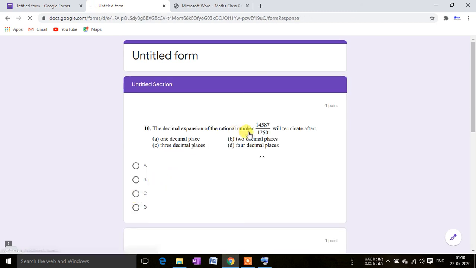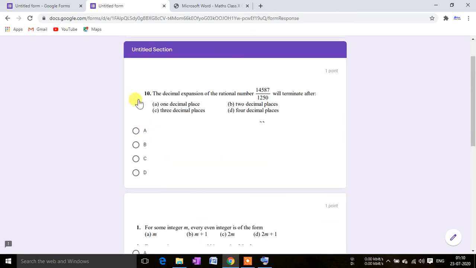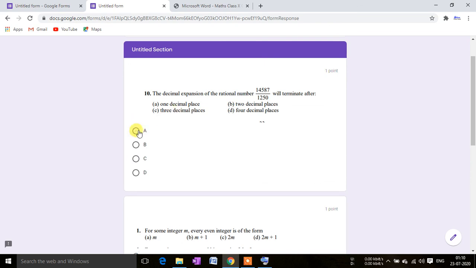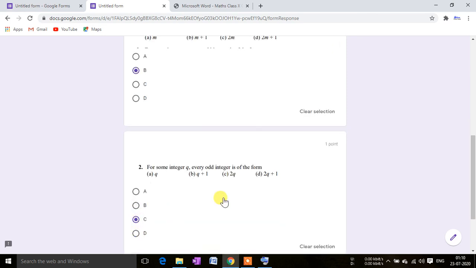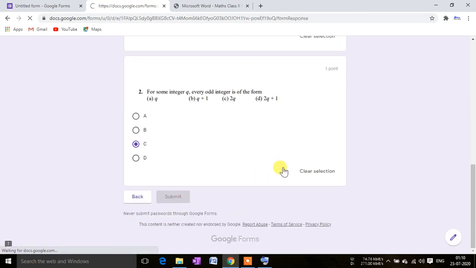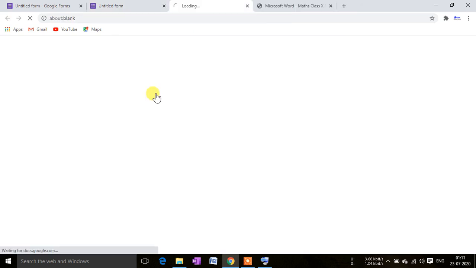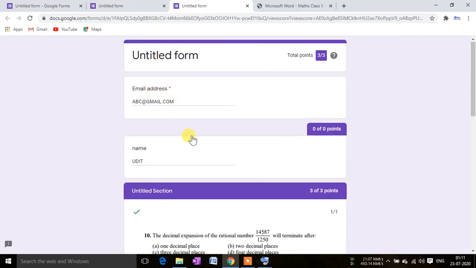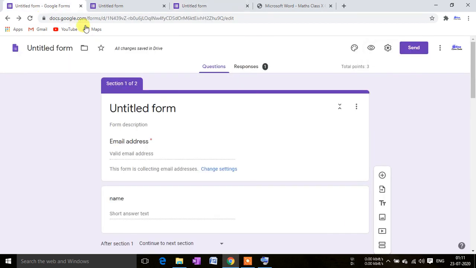You can see the questions are in this form. Okay, I haven't cropped the previous question numbering, so you may eliminate it by cropping the image. Here this option is A, this option is B, and this option is C. So finally it will be submitted, and after submitting, the response will be here. I have selected the setting to see the score just after submitting the responses. The student can see the result. So here the student is getting 3 out of 3 points. Okay, so in this way you can take the quiz.